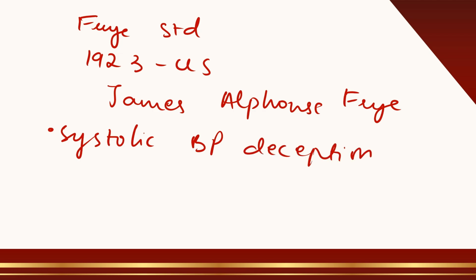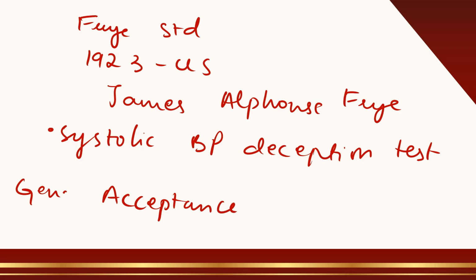This test was basically an early version of what we know today as the lie detector or polygraph test. The idea was that when a person lies, their blood pressure changes, and the test could catch that difference. The defense said, see, if this test shows Frye is telling the truth, it should be accepted as scientific proof. But the court didn't agree. They said, wait, this test hasn't yet gained general acceptance among scientists. In other words, the scientific community itself hadn't reached a point where everyone agreed that the test was reliable.